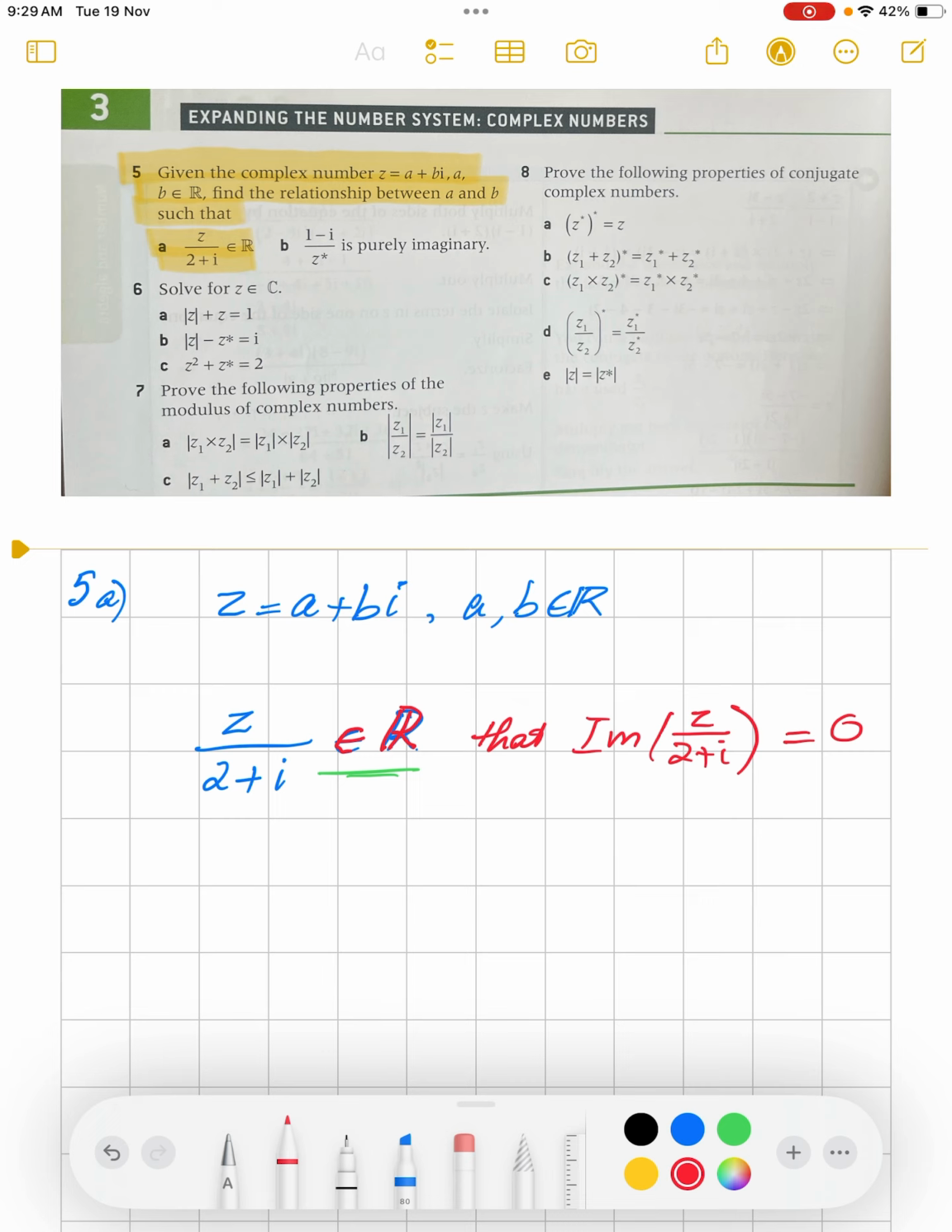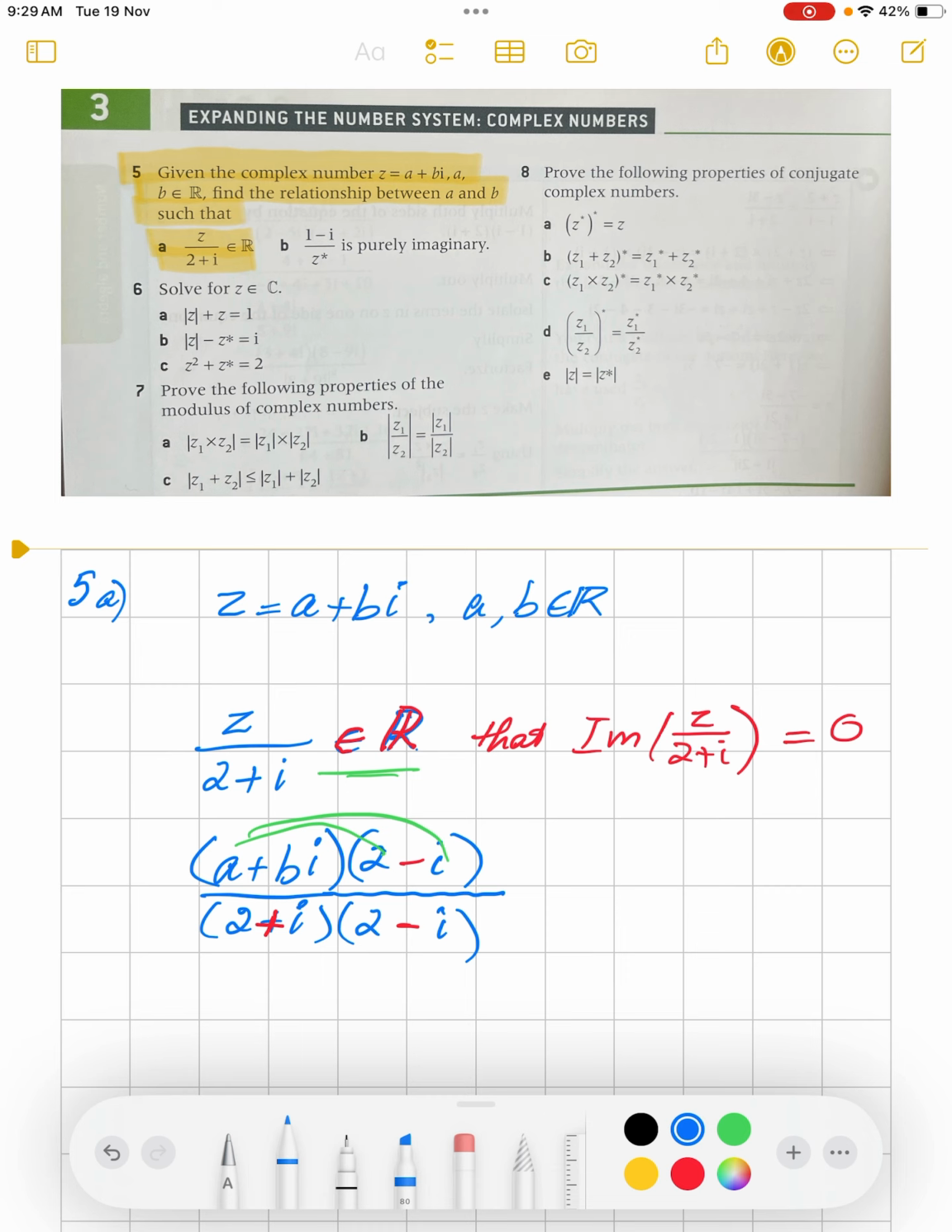Okay, so let's have a look at taking z, replace z with a plus bi, divide by 2 plus i. Now to cancel that 2 plus i, we have to multiply by its conjugate. So if we've got a plus here, we need a minus here. So instead of 2 plus i, we'll have 2 minus i. So let's expand this. We get 2a minus ai, plus 2bi, and we get a minus bi squared